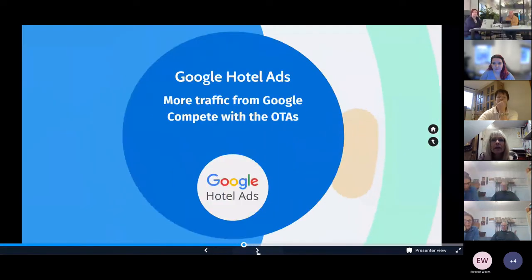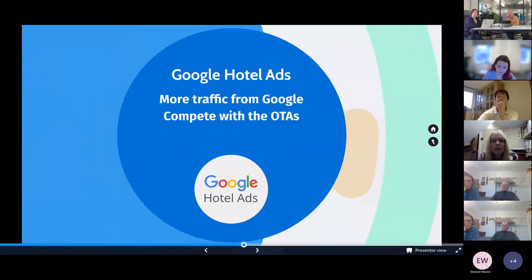The other tool that we have with Google is the hotel ads, which is the advertising platform where you can advertise your property directly on Google. Very simple thing to set up on our side. And then you do pay Google for the pleasure of those ads, but you will get bookings that will come directly off the OTAs and onto your own ad campaign, and they will, as a rule, be about 50% cheaper than getting them through the OTAs. And at the moment, we're seeing even less than that, sometimes a third of the cost of what you would pay the OTAs.